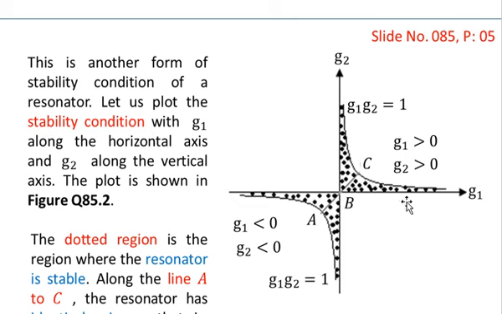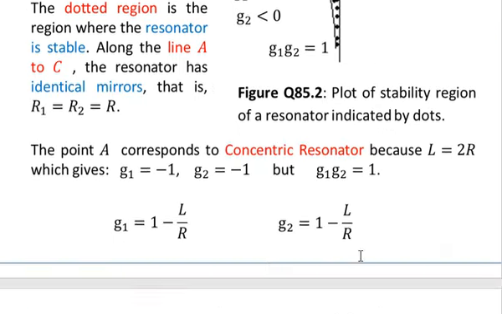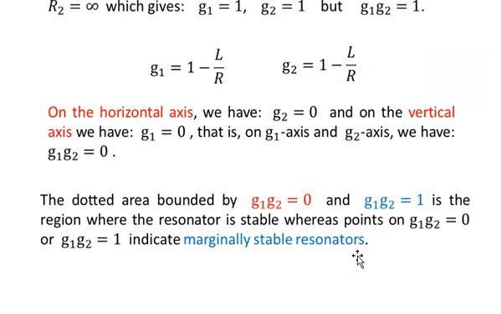But you see that in between the two curves, that is the curve represented by G1 G2 is equal to 0 and G1 G2 is equal to 1, indicated by the dotted lines, these are the points at which your resonator will be stable,